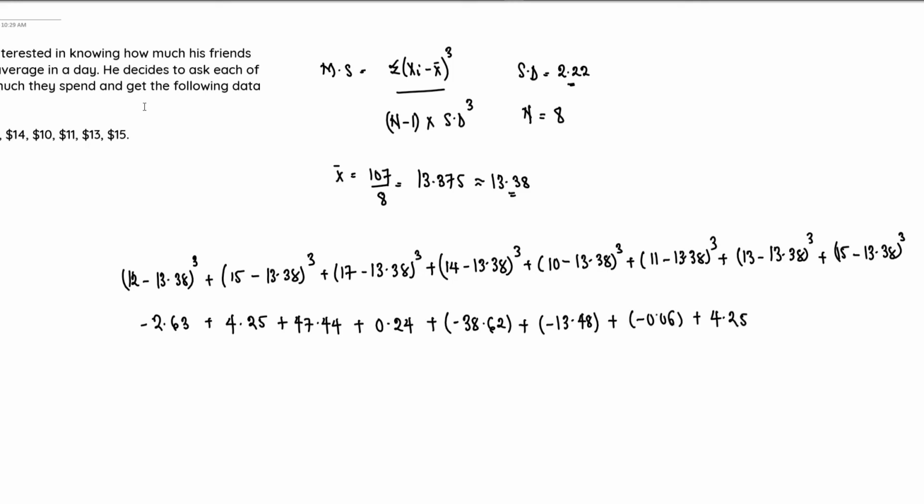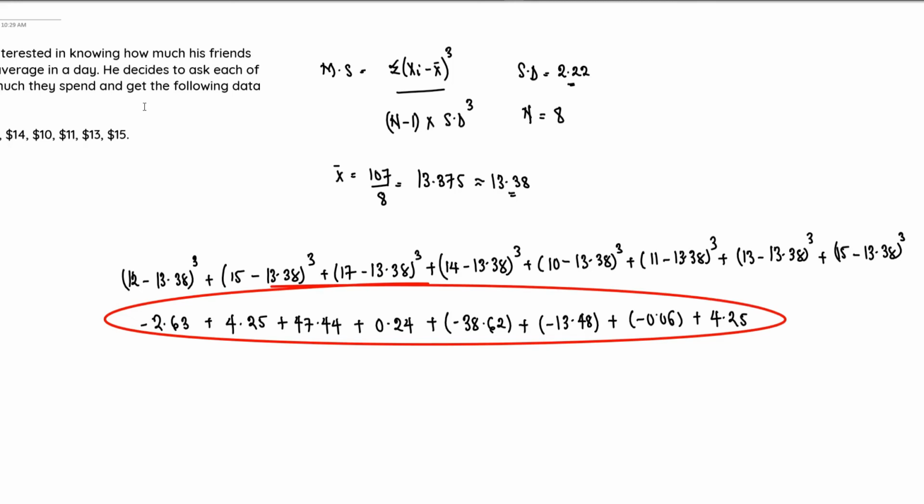So when we do the math of minus 2.63 plus 4.25 plus 47.44 down to plus 4.25, we have our answer to be equal to 1.39. So the third